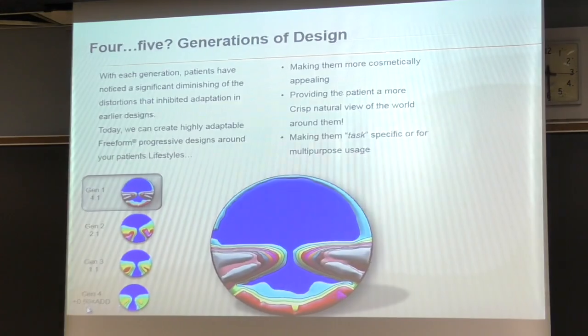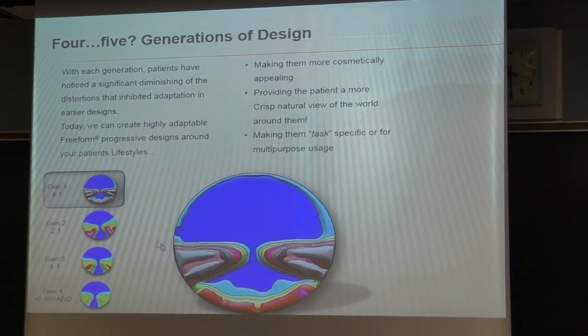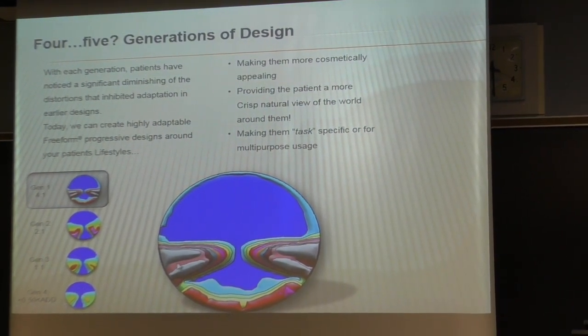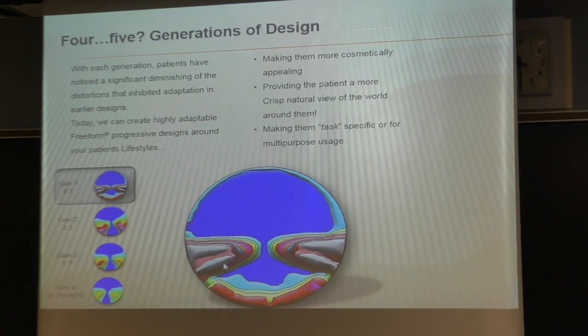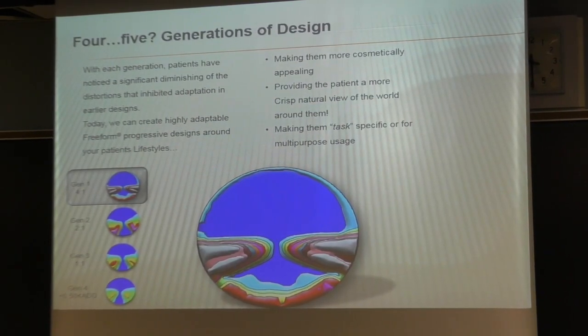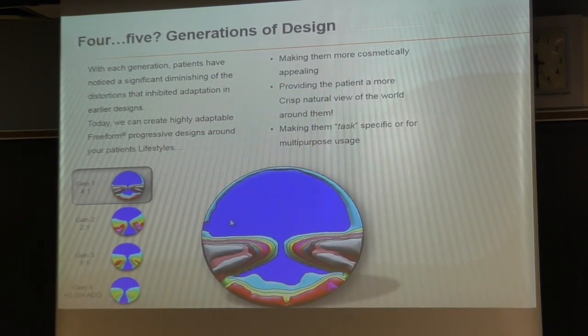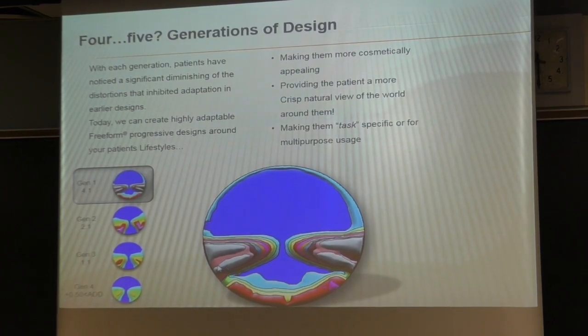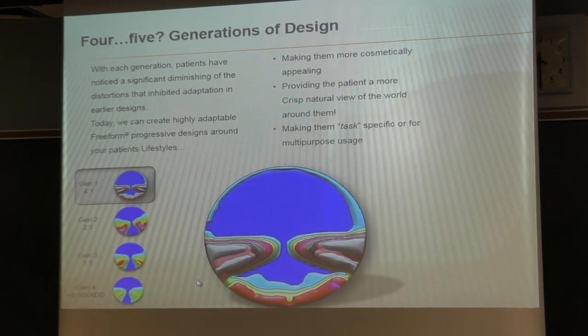So this shows a topography of the old progressive addition lenses, and all of these colors represent a half a diopter of aberration and distortion each. So this 4-to-1 ratio has 8 diopters of aberration. No wonder people didn't like them. And then